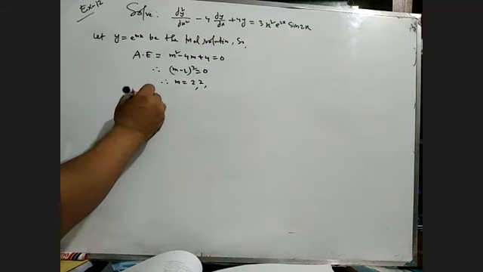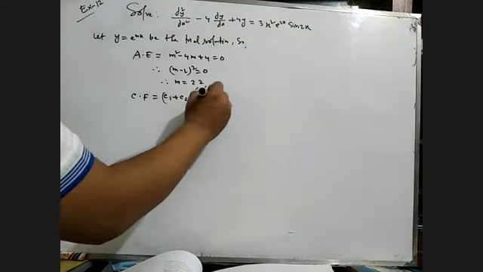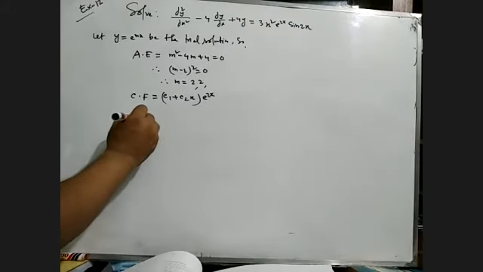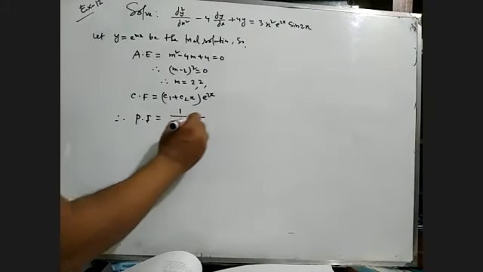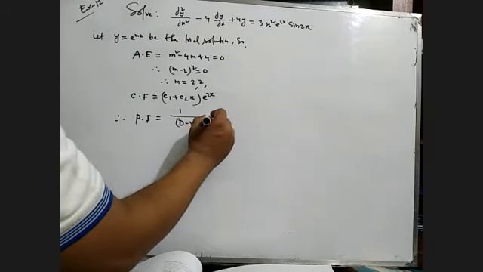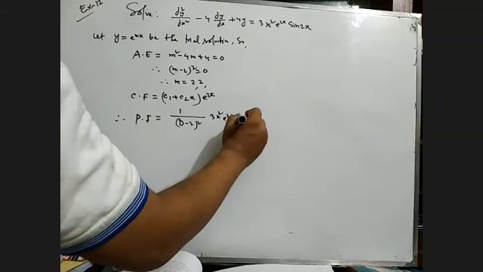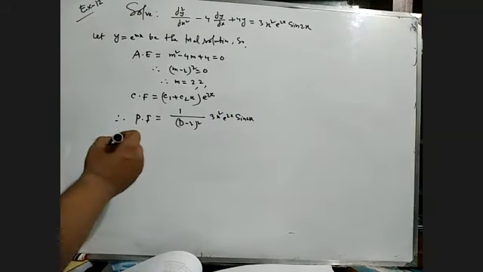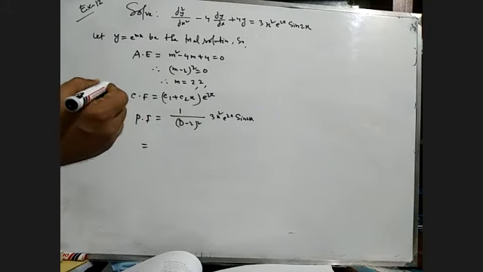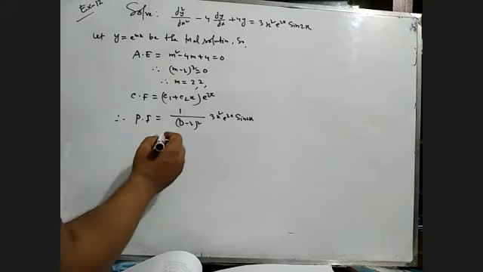So the complementary function, what will it be? (C1 plus C2 x) into e to the power mx, and m means 2, so e to the power twice x. Now, the particular integral, what will it be? The particular integral is 1 by (D minus 2) whole square of 3x square e to the power twice x sine twice x. So this can be written as 1 by